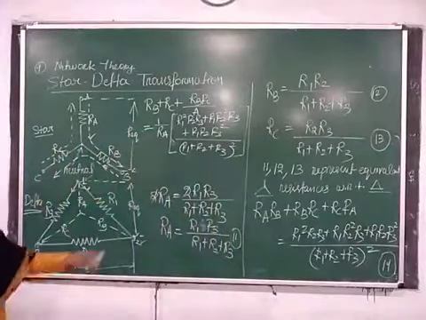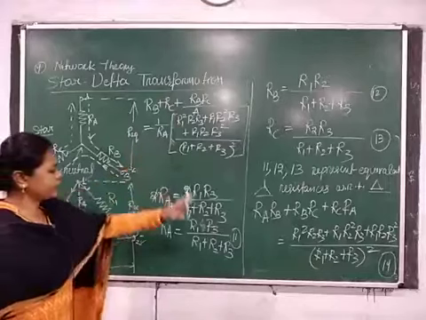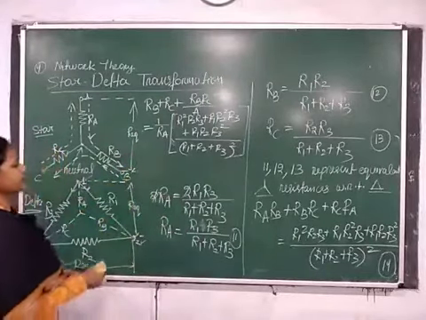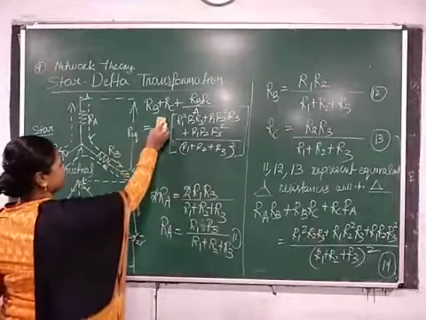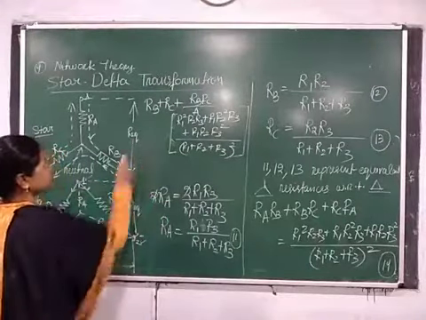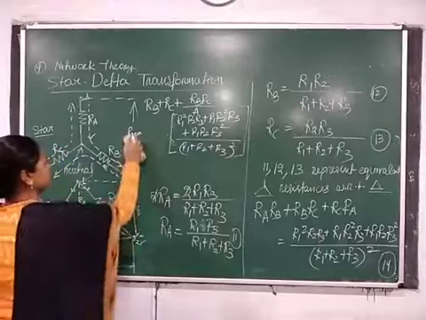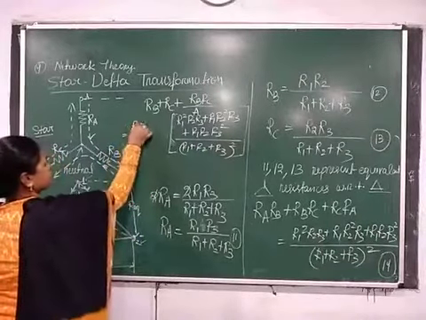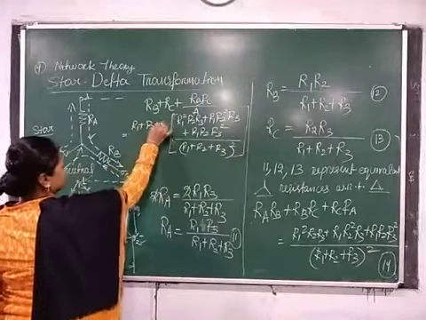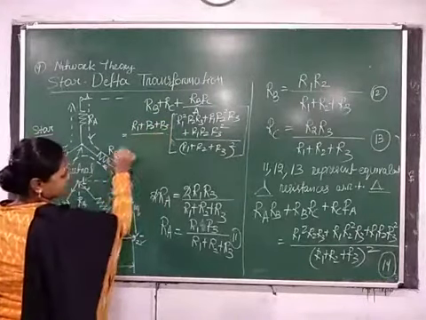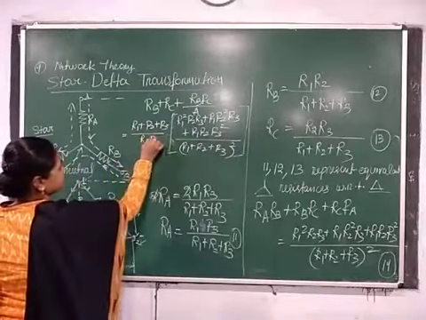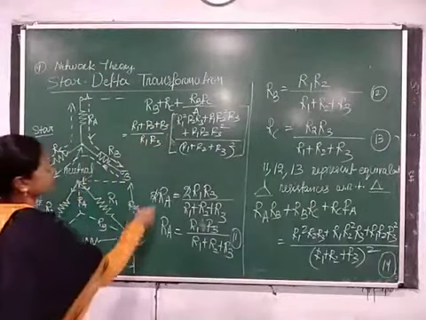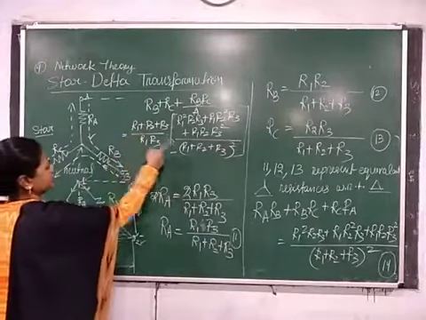If you put the value of RA from equation 11 in this equation, then this one is